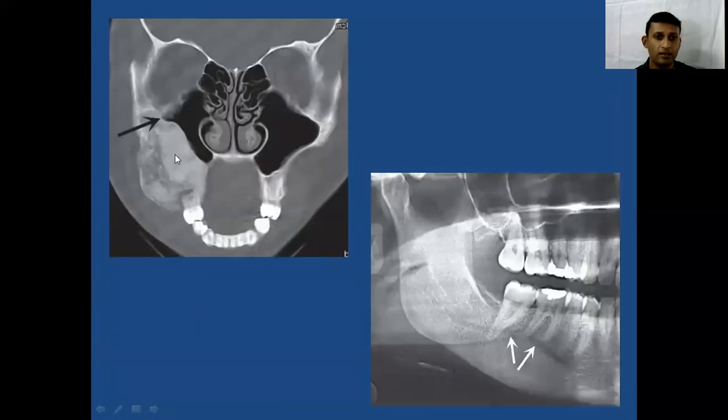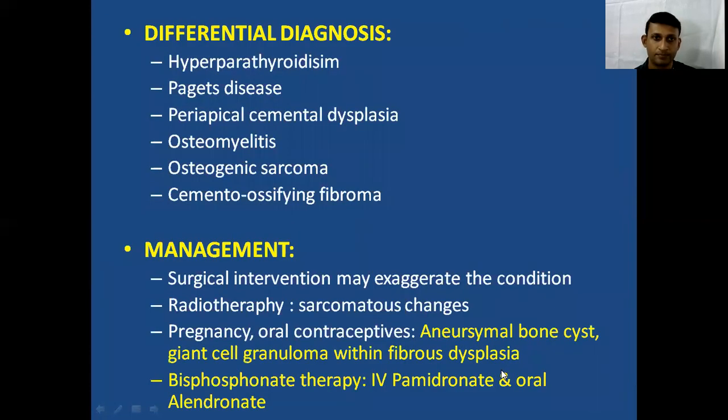And as I said, fibrous dysplasia, when it is affecting the posterior maxilla, has a tendency to push the floor of the maxillary sinus upwards. And because of that, the shape of the maxillary sinus will be maintained, but the lesion will slowly make the size of the maxillary sinus smaller and smaller. And you can see in the second image, the inferior alveolar canal is being displaced superiorly, which clearly indicates that the patient has been affected with fibrous dysplasia in the mandibular posterior region.